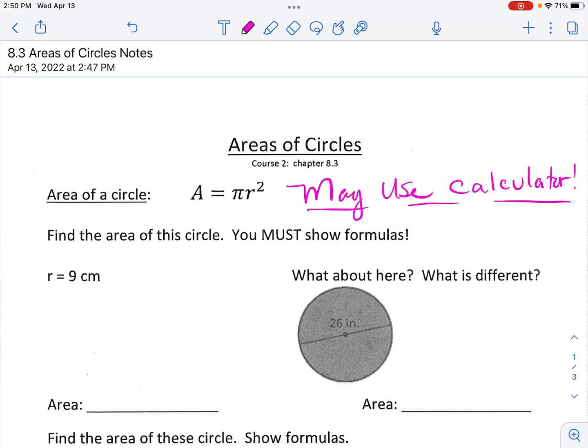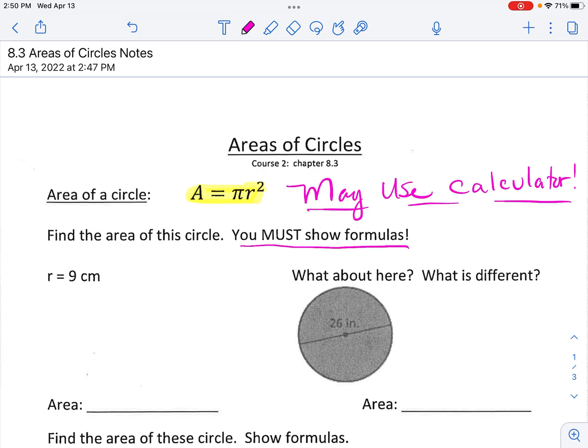Today we are going to talk about how to find the area of circles. To find the area of the circles, we have the formula pi times radius squared. And in this section, you will be able to use a calculator. Even though we're using a calculator, we are going to show our formula, our substitution, and our